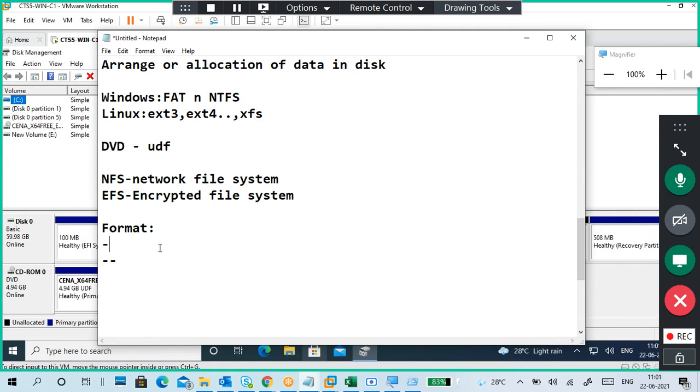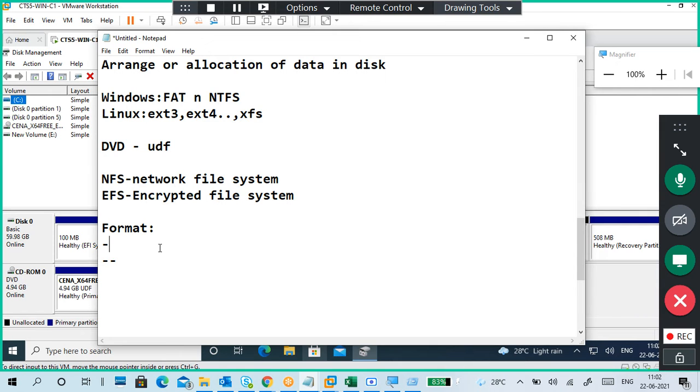So while you are changing a format, data will compulsorily be deleted. At least in certain conditions, data is guaranteed to be removed. In certain conditions it may not be removed, but when transferring from one format to another format, data will be removed.